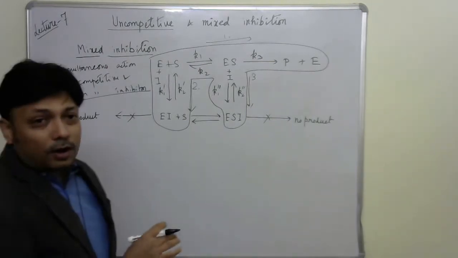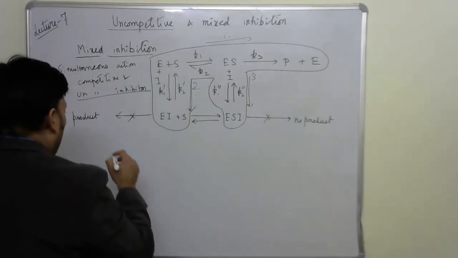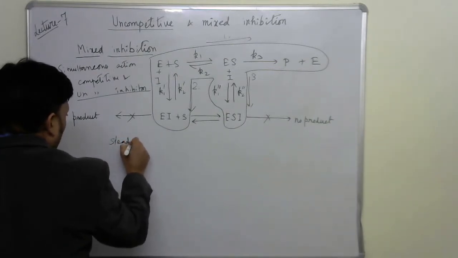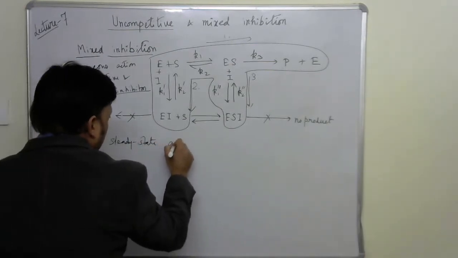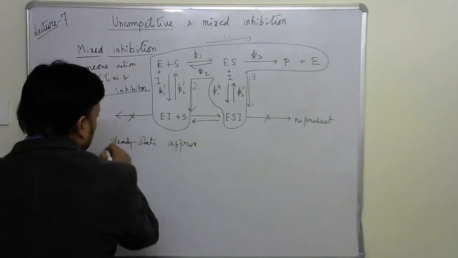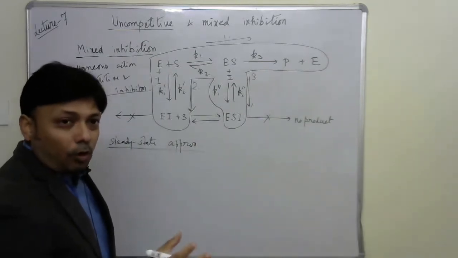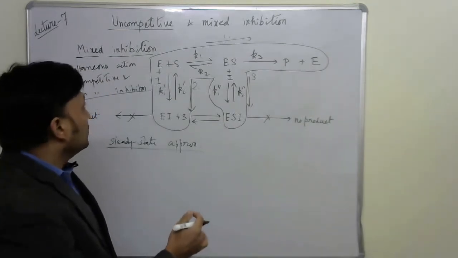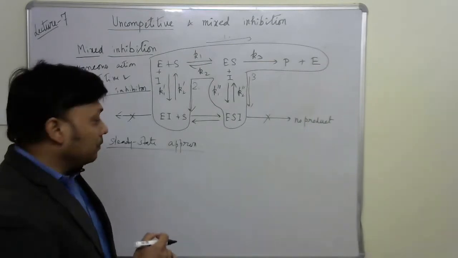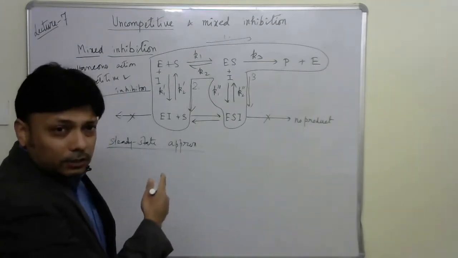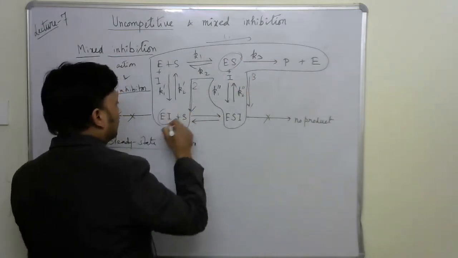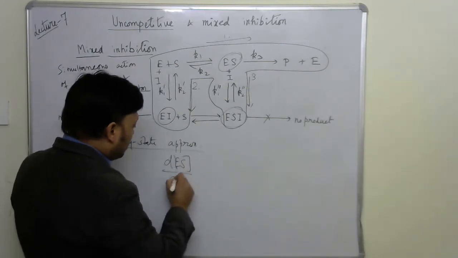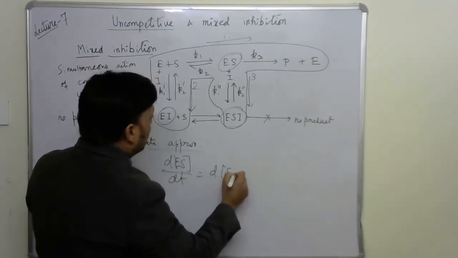So therefore, in the same manner, we have to apply the steady state approximation. You can fearlessly apply the approximation of steady state, and then you follow exactly the same manner of solving this that you have followed already in competitive and uncompetitive inhibition. So that means you have to identify the intermediates. Of course there are three intermediates, these and these, and therefore obviously you can apply these